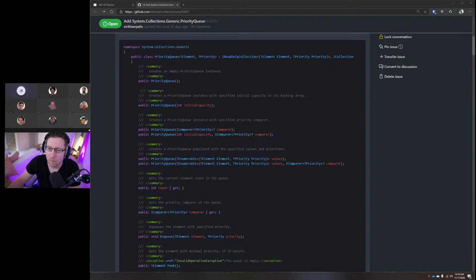And a priority queue that takes an optional comparer, right? The first and the third are just comparer being optional. The second and the fourth are comparer being optional, and the fifth and the sixth are comparer being optional. I'm not saying we should do that, but that's the obvious pairing, right? Yeah.